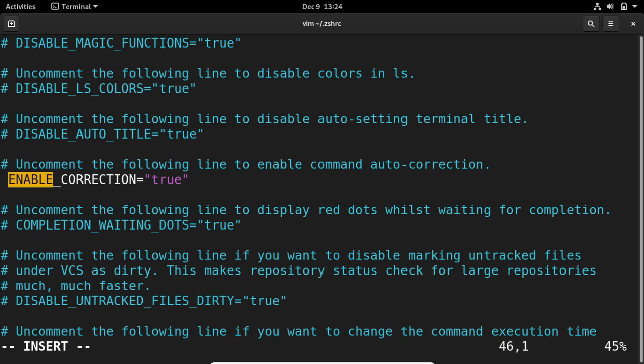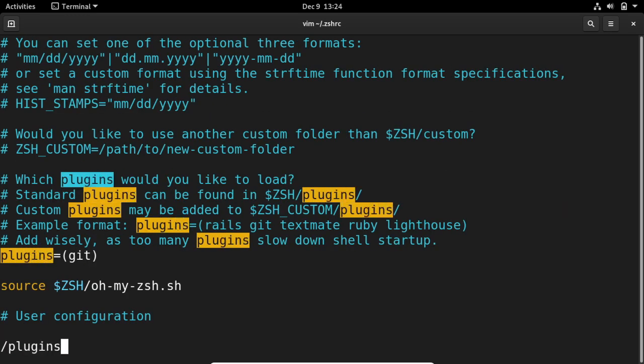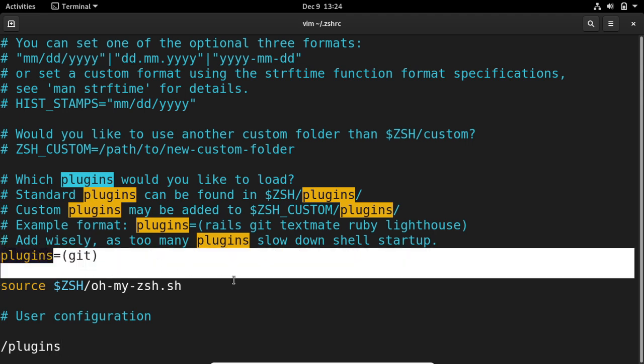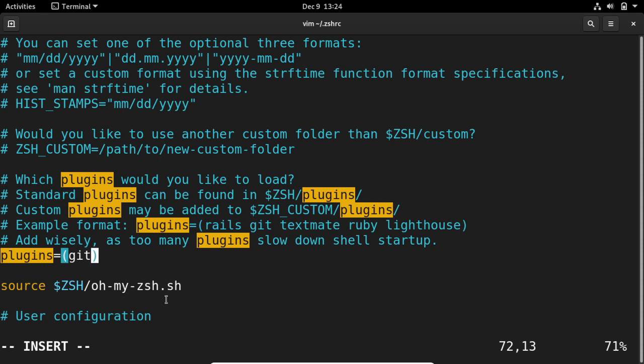Now we need to tell the shell that we want to use these plugins. Just search for plugins and you will see that it's written only git, so you need to add zsh-autosuggestions and zsh-syntax-highlighting.